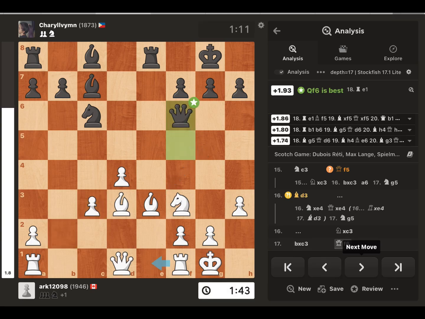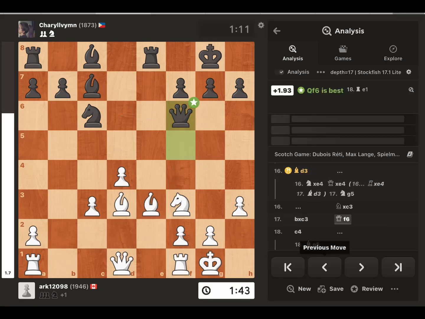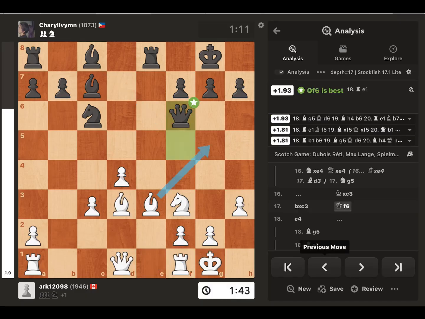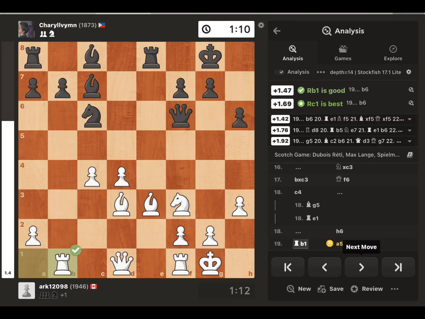He moved f6, which is right move. Now I played c4. The best maybe was to play bishop g5 or rook e1. But my idea was to attack the knight and then push my pawns to attack the bishops as soon as possible. He played h6. I played rook